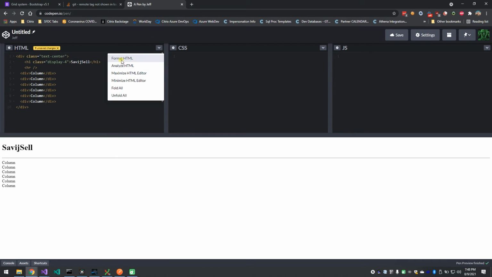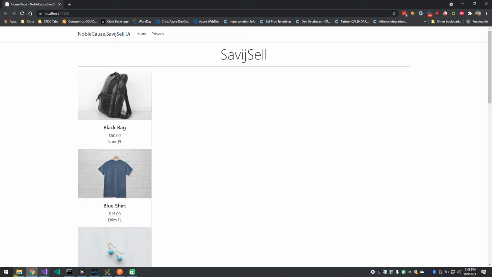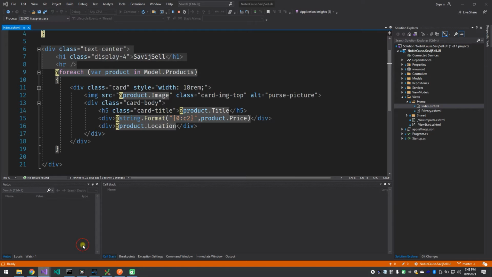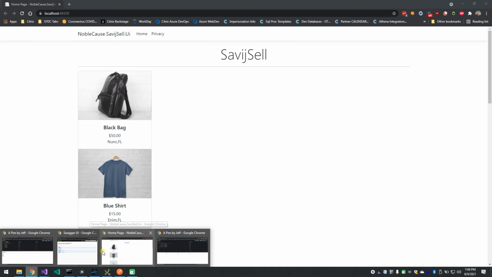And then I'll just do a little formatting of it. Okay. So what we want is we have these columns stacked right now. Each of these divs represents kind of the card that we're showing in this layout. So just let's pretend for now. And so what we have to do is we have to look at the Bootstrap documentation to